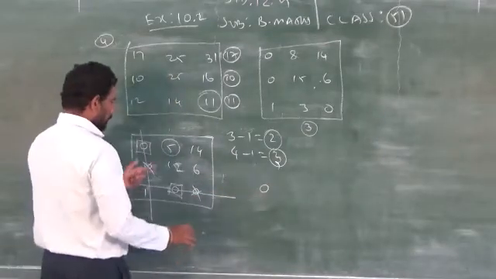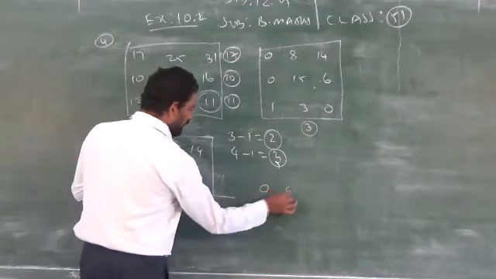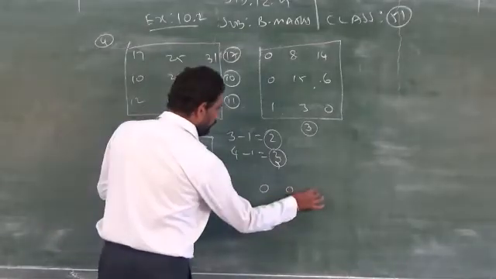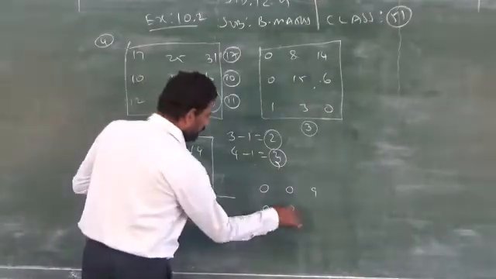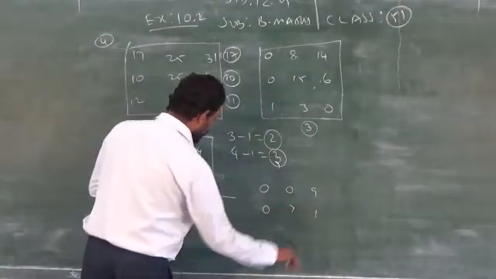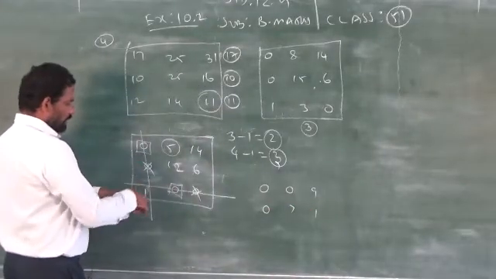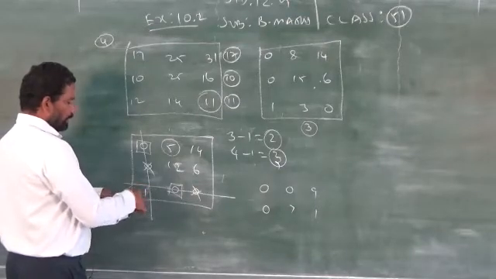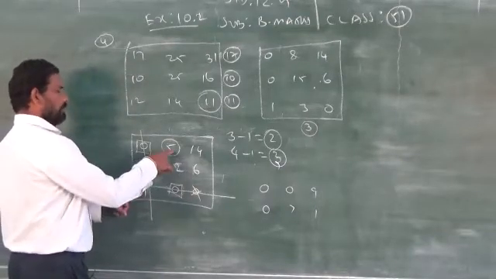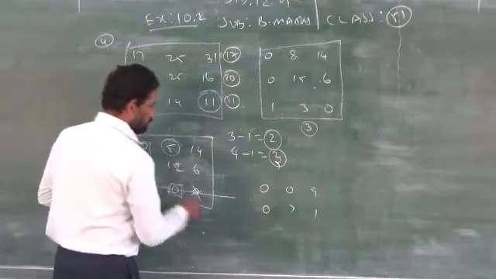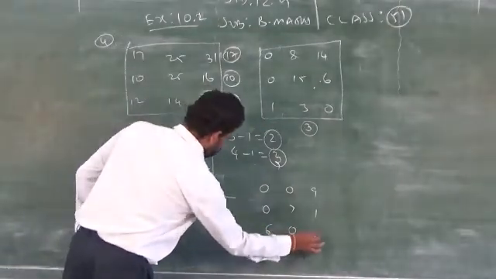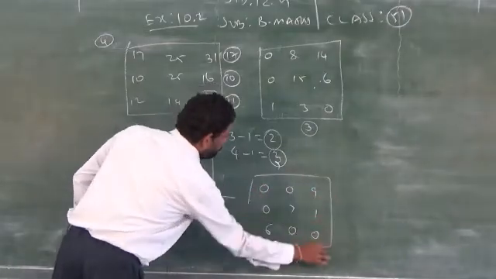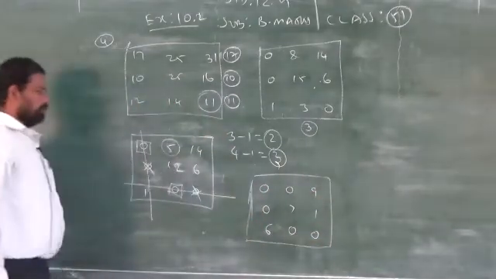Don't disturb the other one. Then you subtract this one. 5 minus 5, 0. 9, no disturbance. 12 minus 5, 7. 1. These two lines are intersecting. In this place, if you got a 0, you should add the least value. 5 plus 1, 6. No disturbance. I got the last one.